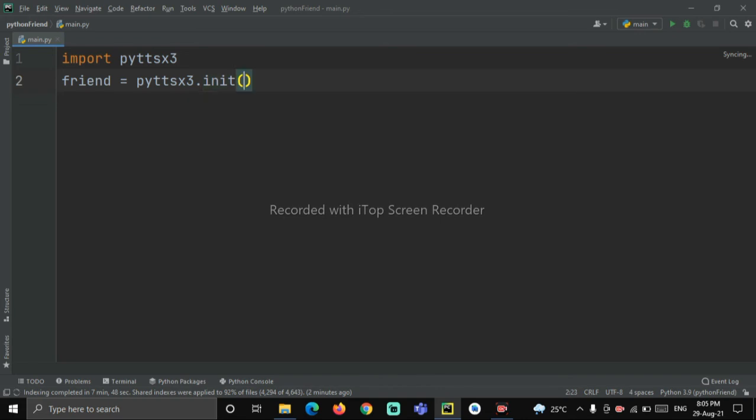So on the next line we'll type friend dot say, and we'll open a pair of parentheses and a pair of double quotes. So in this pair of double quotes we can write any words or sentences we need to hear from our Python friend. So I'll just type hello, how are you? And a question mark. So I'll go to the next line, and here I'll type friend